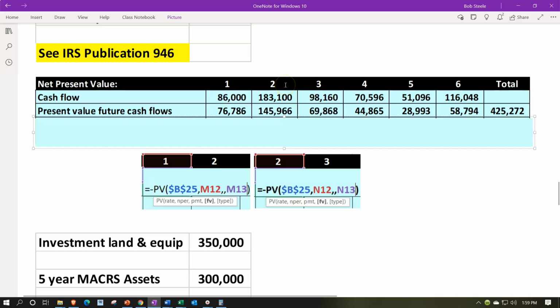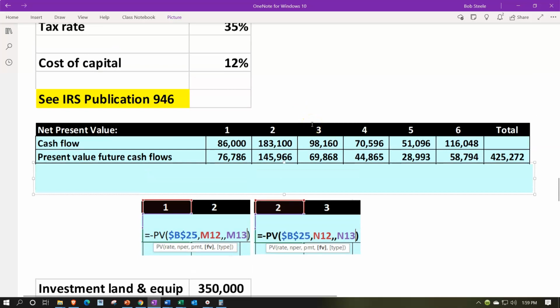You can see we didn't type 2 in or hard code it, but instead used the 2 up top in a cell reference moving from M12 to N12, allowing us to copy it across, comma, comma. Future value is going to then be that 183,100, which is a cell reference here, moving across as well from M13 to N13. So if we then copy that across, then we have year 3,